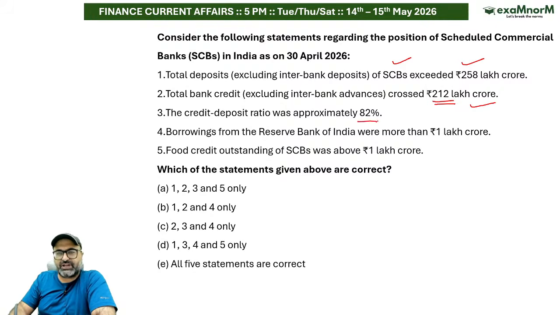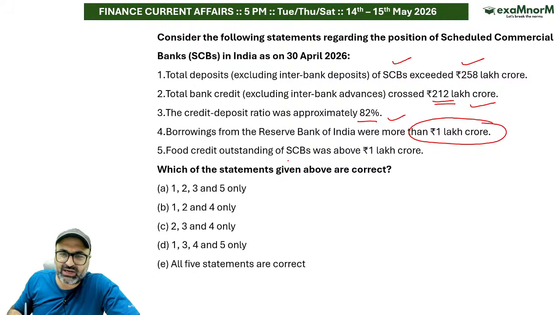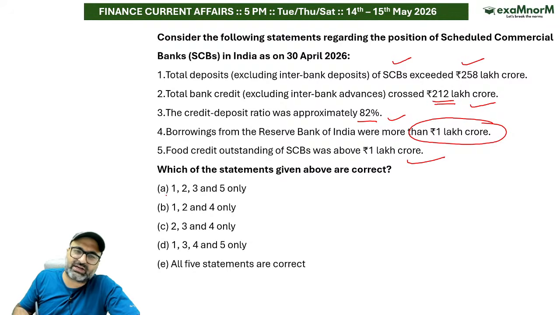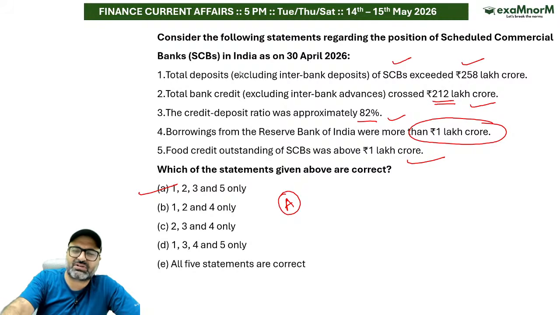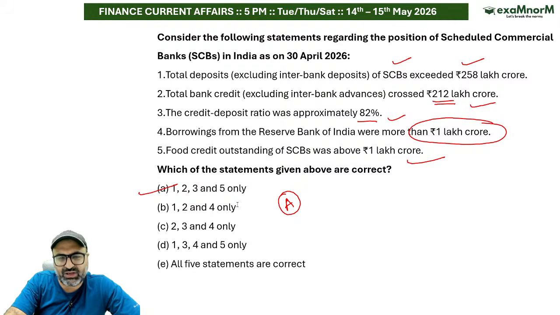Credit deposit ratio is 82% correct. Borrowing from RBI were more than 1 lakh crore. No sir, they were around 30,000 crores. है ना? Food credit outstanding is above 1 lakh crore. That is correct. So answer to this particular question, 1, 2, 3 and 5 are the correct answers. तो RBI से जो borrowing है, that is around 30,000 crores. To be very precise, it is around 32,600 crores, जो मुझे याद आ रहा है। बाकी आप देख लेना, आपके पास PDF में आंसर्स लिखे हैं।